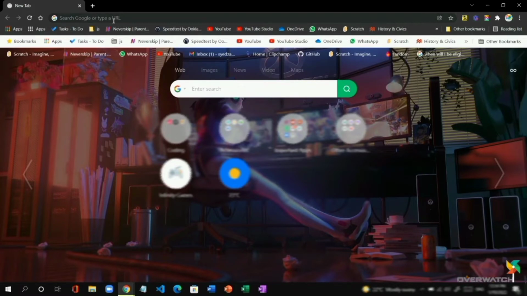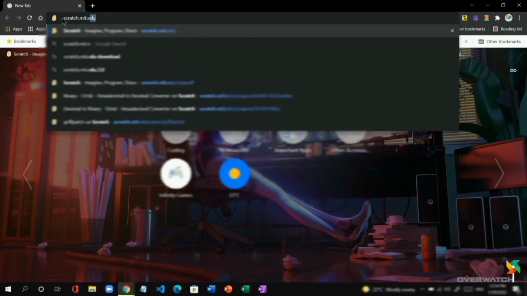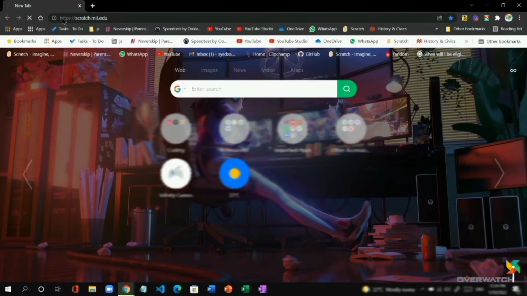So, to open Scratch, you can either search for Scratch and click on the first link you will find, or go to the address scratch.mit.edu. So if you go to that website,